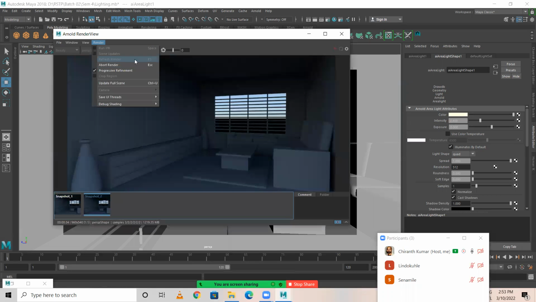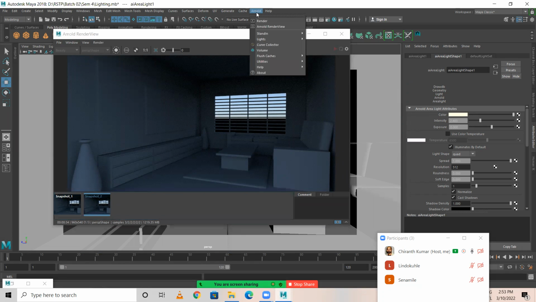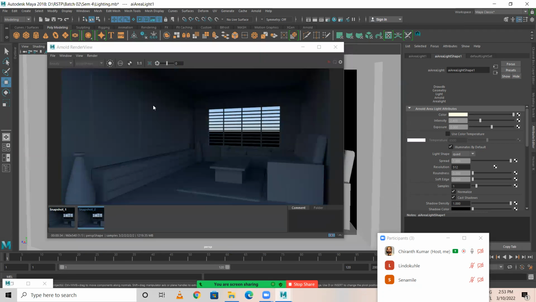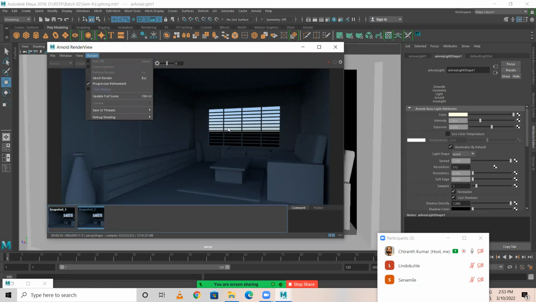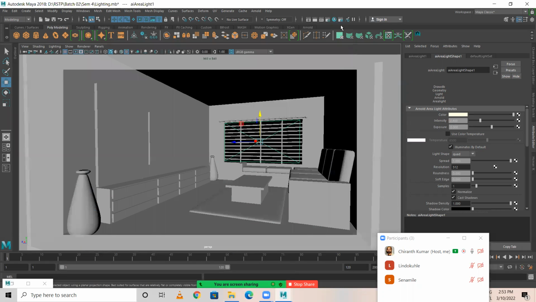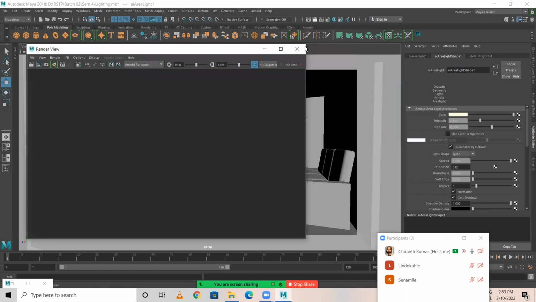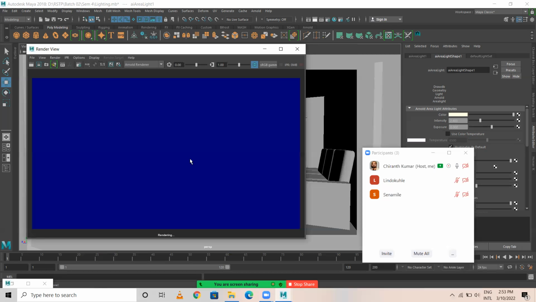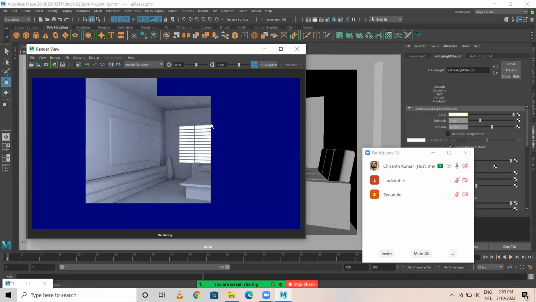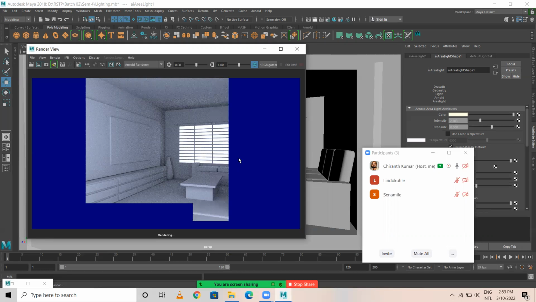In render, either this or I can click on the render button. I think it takes some time. Okay, it is taking some time. See, once I add it, you get to see a lot of brightness here.